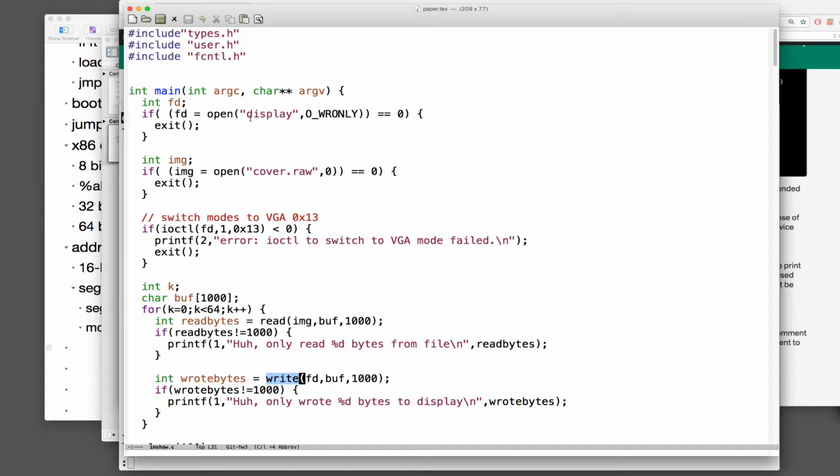So basically what we're doing here then is we need to write those 1000 bytes into the video buffer. The video buffer, we know where it is in memory: current base plus 0xa0000. So it's just a question of implementing a display write function that takes that buffer, the length, and writes it into the right part of the display. So that brings us back then to